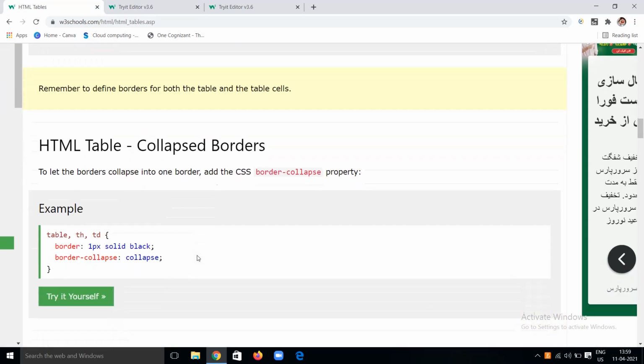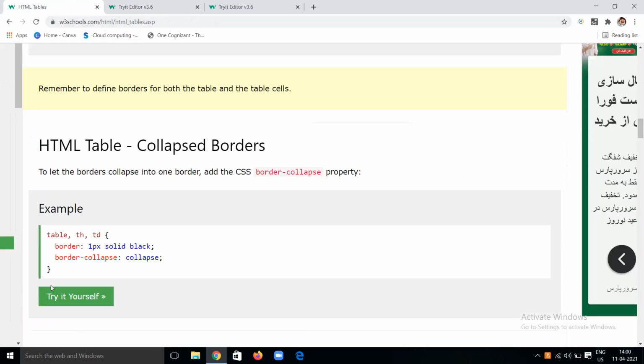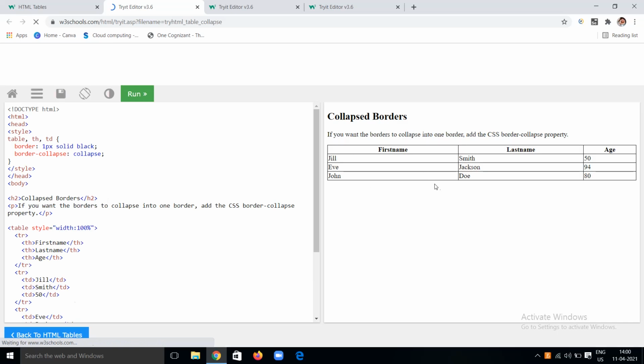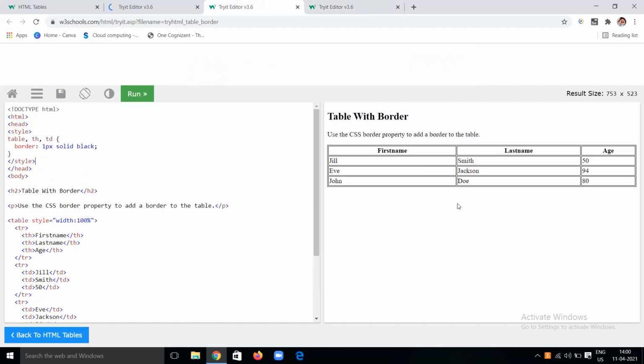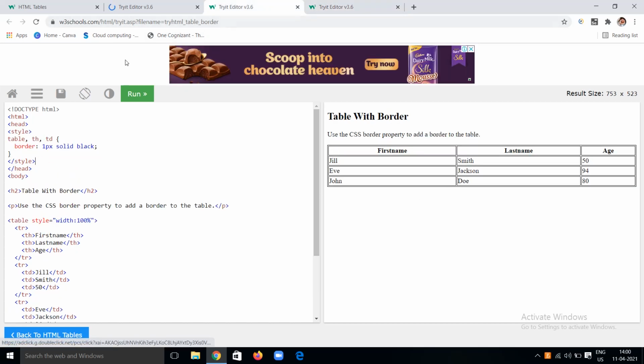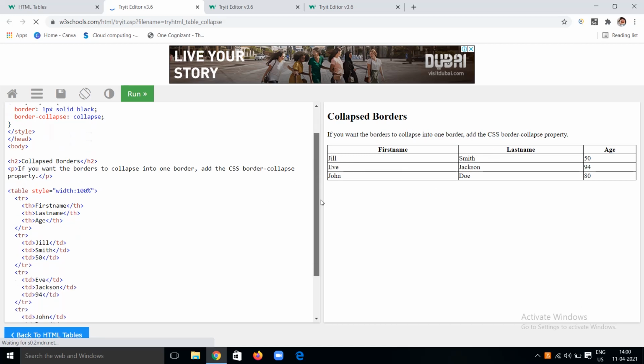Main things to remember. Next, this collapsed border means nothing but, in the previous example we have seen we have 2 borders like this. If you want a single border for the table, then you will go for border collapse, which means it will collapse the borders and give a single border. In the first example we saw without borders, in the second example we saw with borders, that is a double line border without border collapse. Now I am using the border collapse property for styling. Then you can see you will have a single border line for all of this: table, th and td.